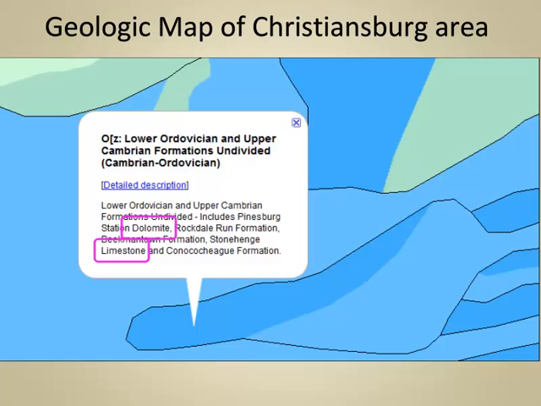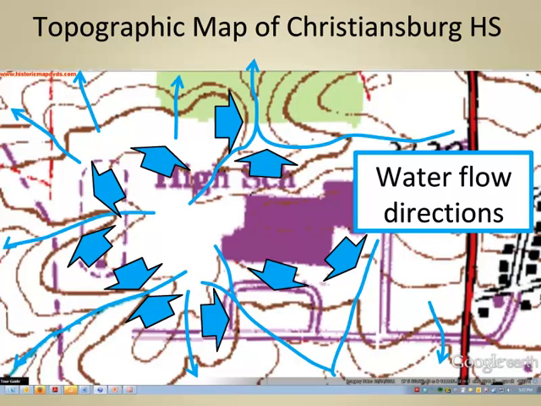The blow-up of the geologic map shows that the area is underlain by carbonate rocks, limestone mostly, dolomite. The high school sits on top of a hill, as you can see from the topographic map. If you look at the stream patterns, clearly all the water runs away from the top of the hill. And if you look at the slopes then of the side slopes draining down to those incised stream valleys, you can see there's some flow directly downhill, of course, but it's also largely, again, draining away from the top of